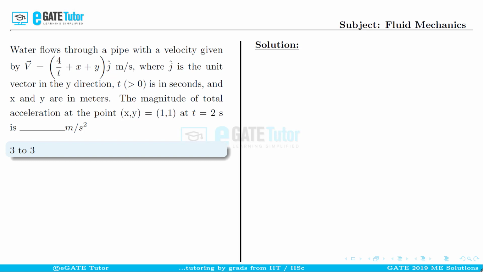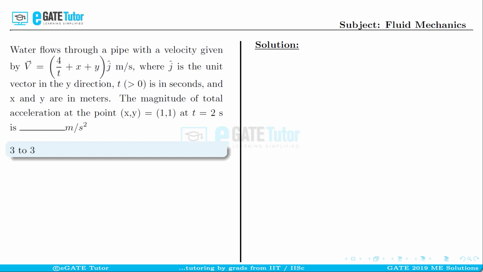This question is from fluid mechanics for 1 mark. Water flows through a pipe with velocity given by V bar = (4/T + X + Y) j hat meter per second, where j hat is the unit vector in the Y direction. T > 0 is in seconds and X and Y are in meters. The magnitude of total acceleration at the point X, Y = 1, 1 at T = 2 seconds is